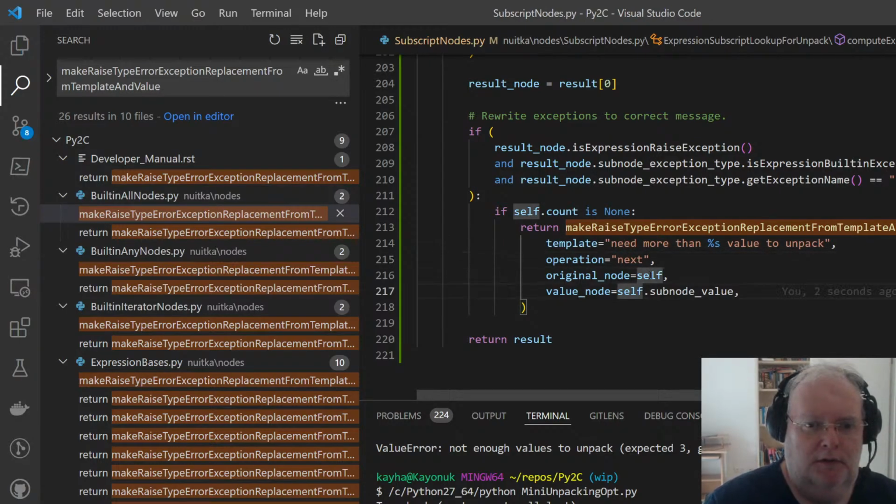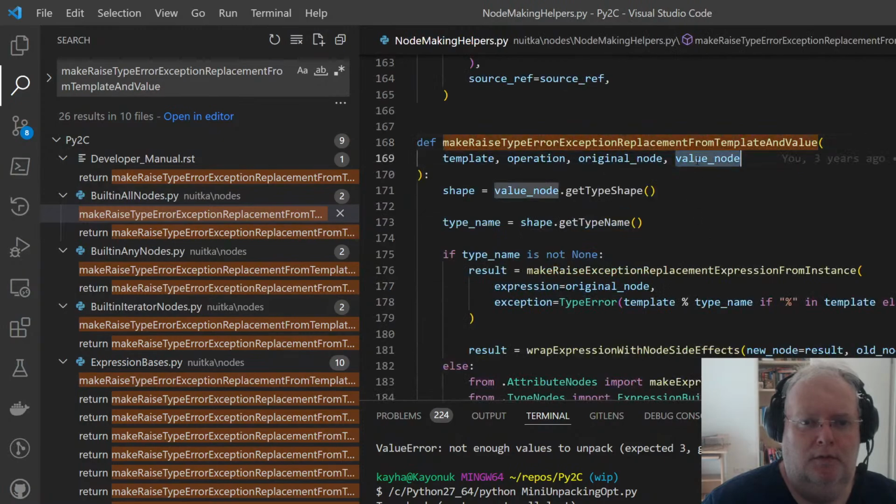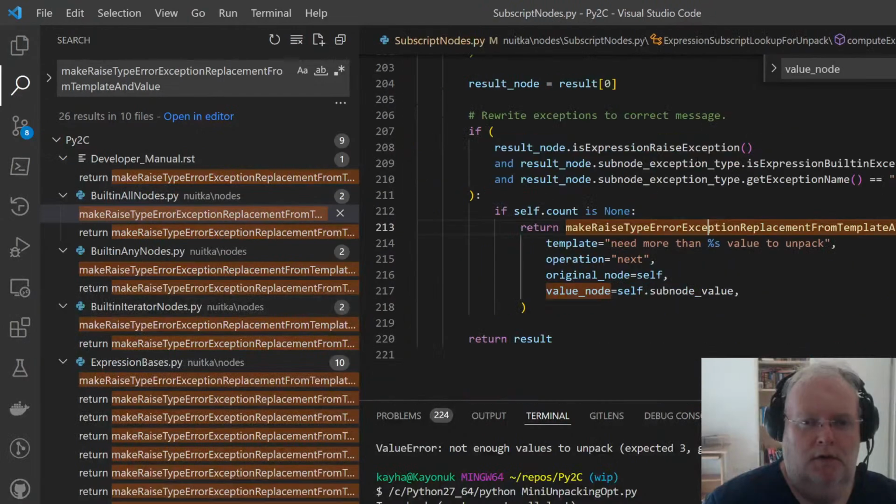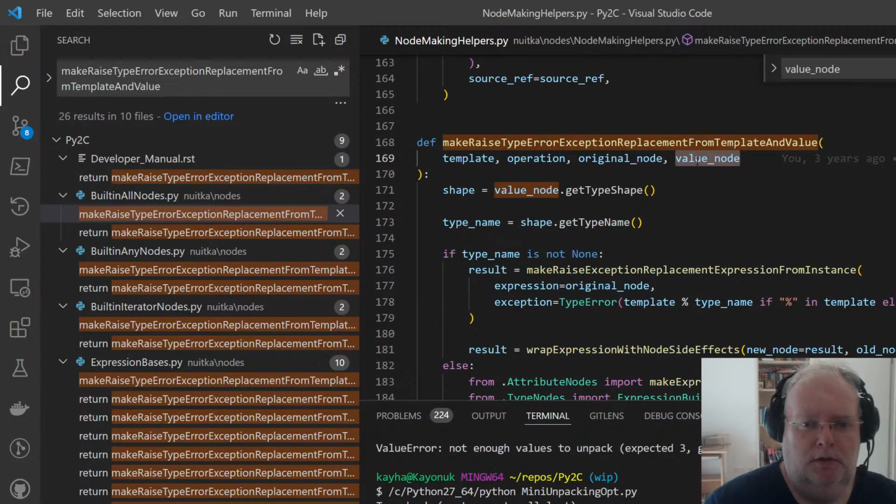Origin node is self, and value node is self sub node. What is value node used for? Side effects. So subscript clearly doesn't matter. The iterator reference doesn't matter. Why do I insist on the value node then?